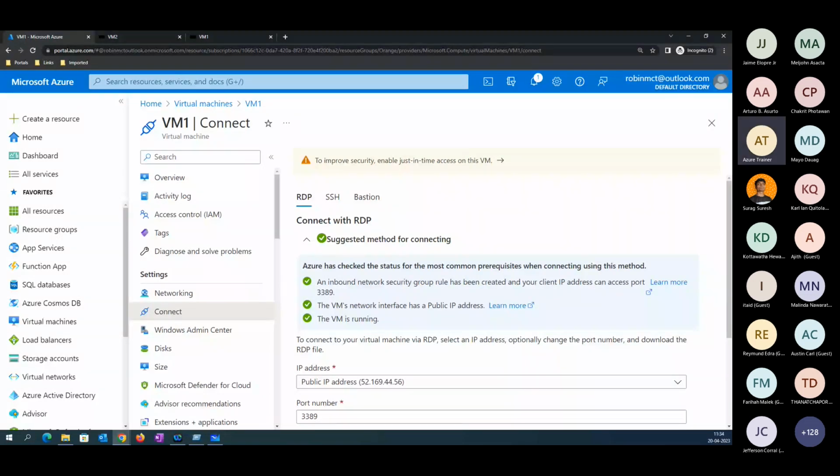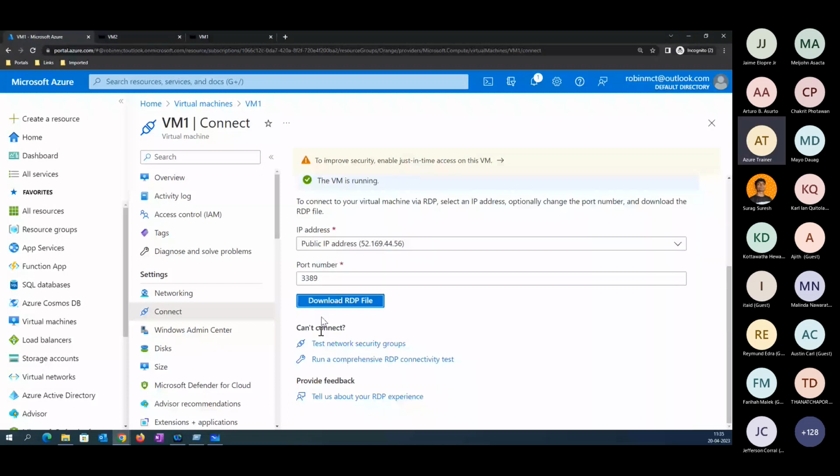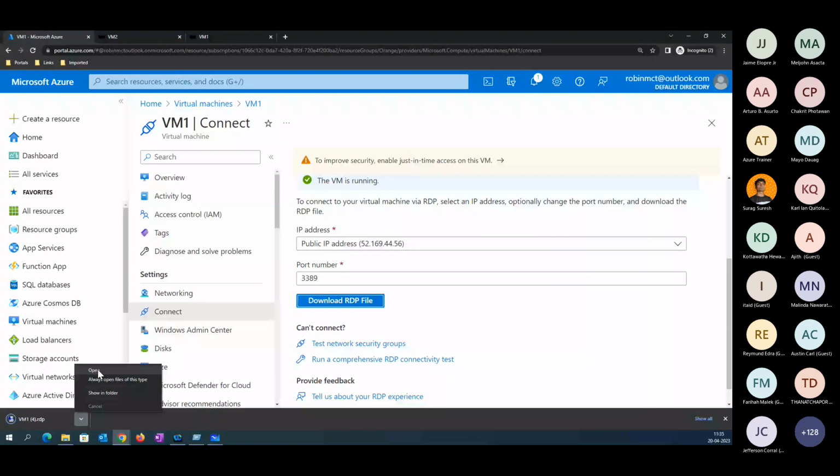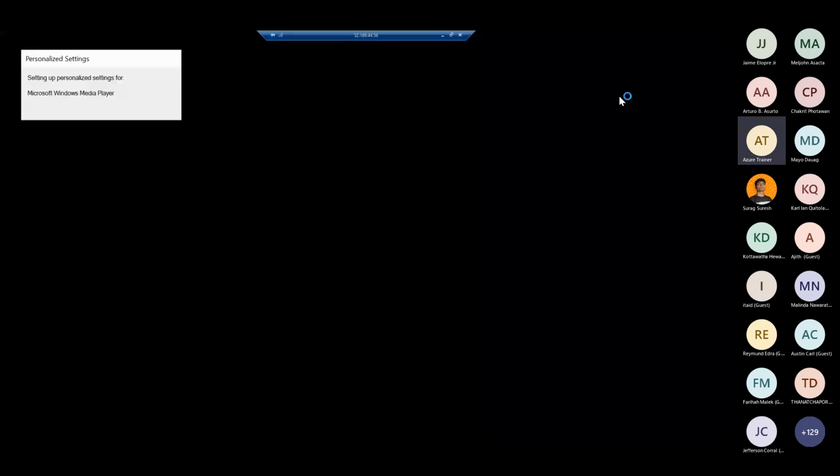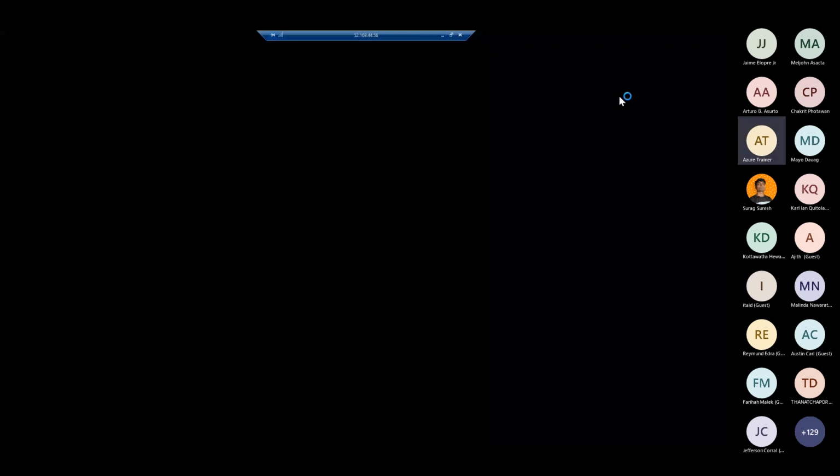Let's connect it here. Right now, you may be able to see this is connected to the server.